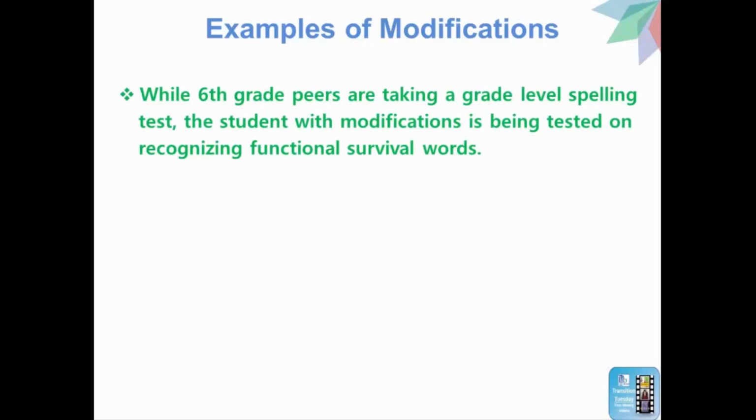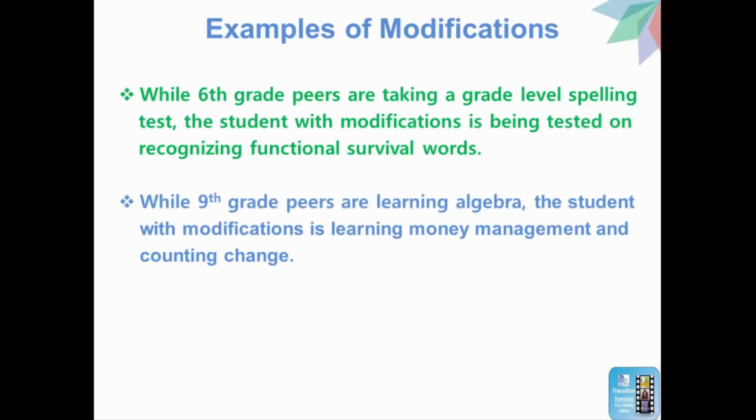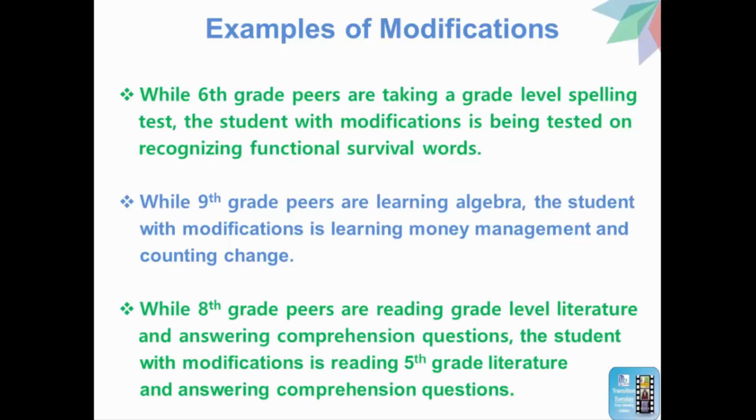Some examples of modifications could be, while 6th grade peers are taking a grade level spelling test, the student with modifications is being tested on recognizing functional survival words. Or, while 9th grade peers are learning algebra, the student with modifications is learning money management and counting change. And while 8th grade peers are learning grade level literature and answering comprehension questions, the student with modifications is reading 5th grade literature